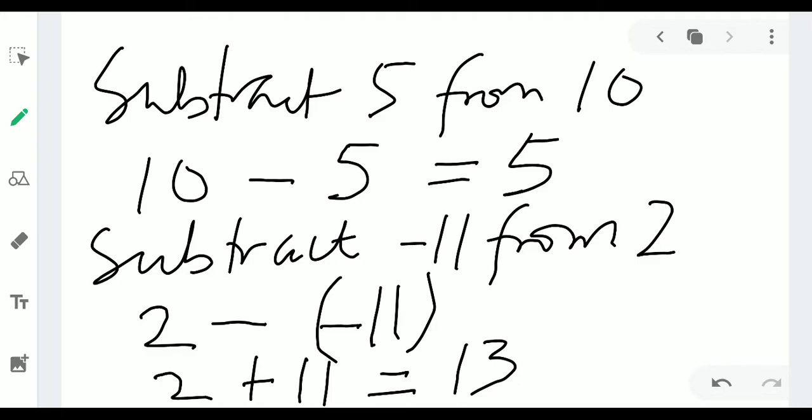Don't get confused. You are just following the rules. The rules of integers say that when two negative signs meet in the middle, they change to become plus. And that's exactly what we have done. So you add the 2 to the 11 and get 13. Forget about the sentence that says subtract -11 from 2. You are working by the sentence, and that is what you have done in the first place. Okay? Just take your time and go over. You will understand the concept.